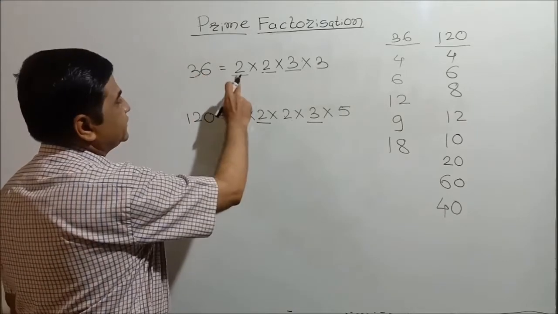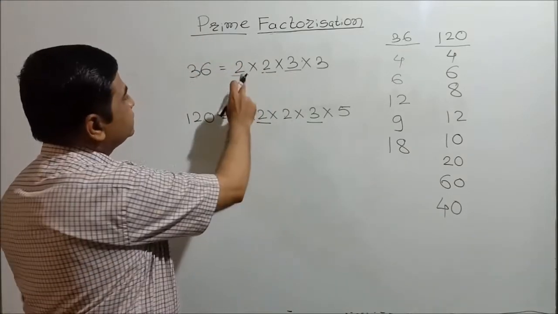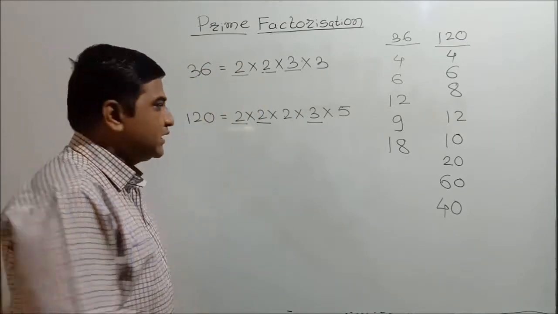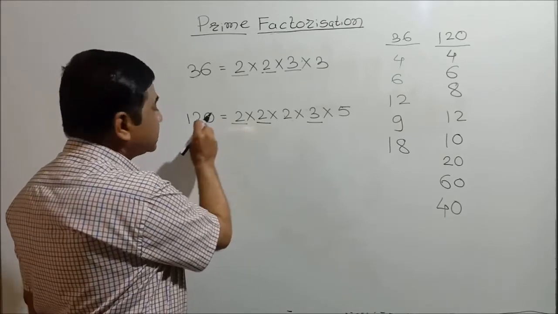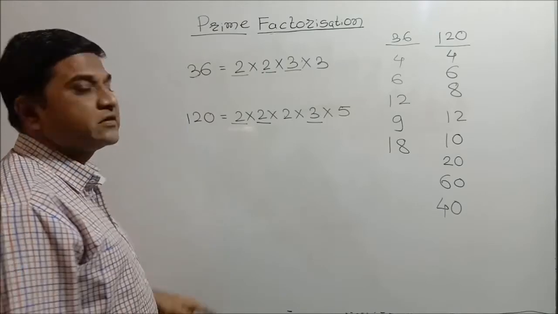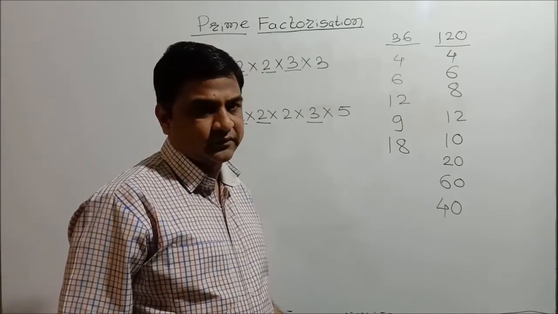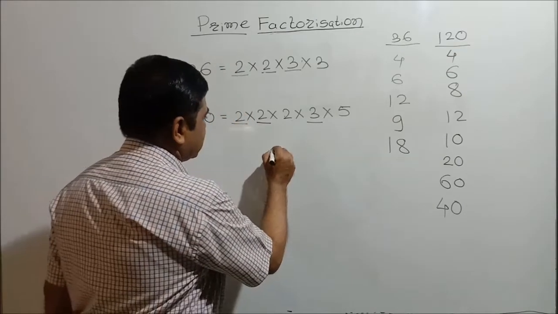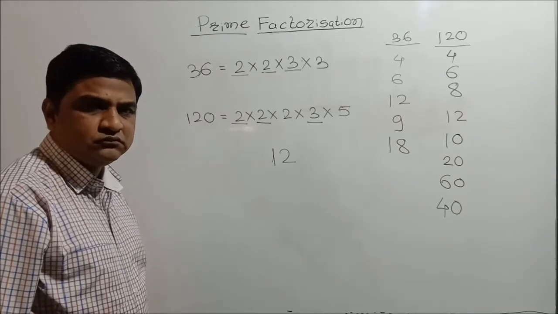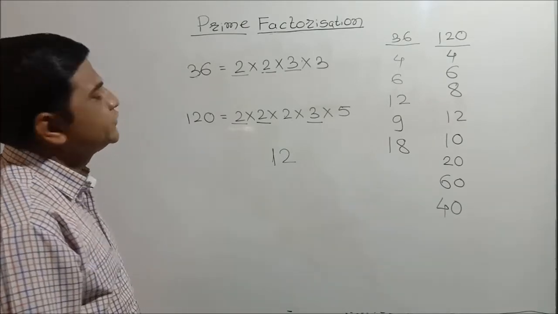If I take the multiplication of 2 multiplied by 2 multiplied by 3, it will become 12. So 12 3s are 36, and 12 10s are 120. It means both 36 and 120 are in the table of 12. So what did we get here? We got a common factor of 36 and 120. What is so special about this factor? Well, we'll see that